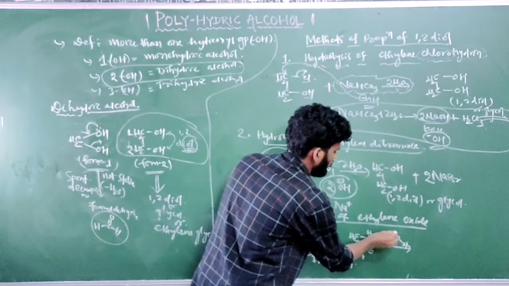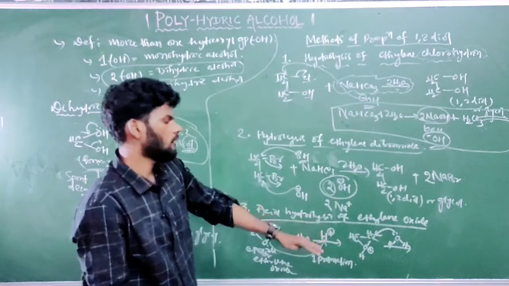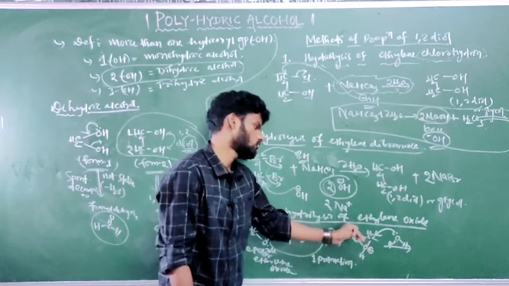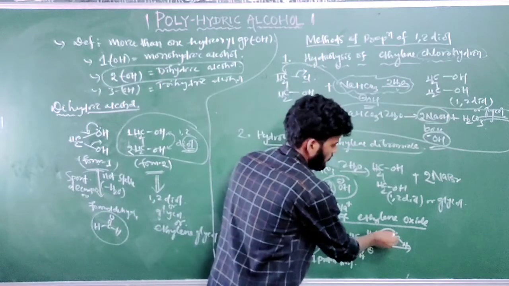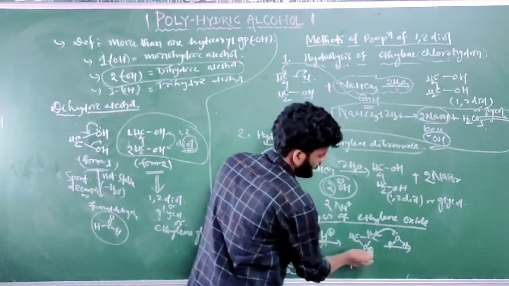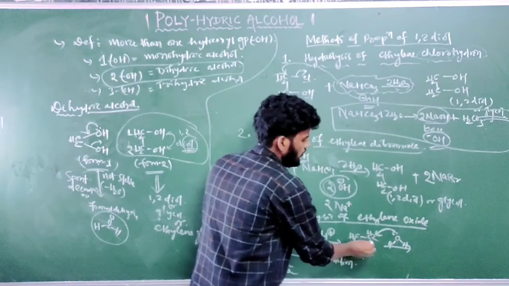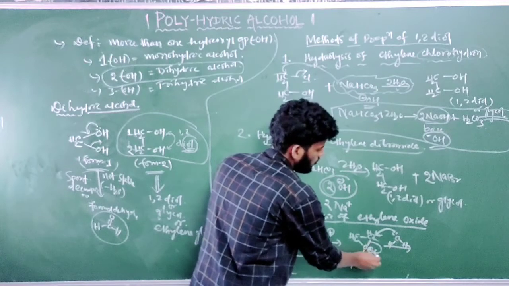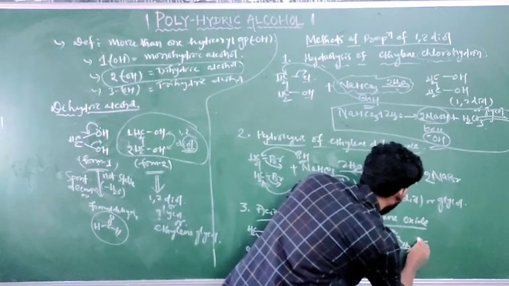Okay, the oxygen lone pair will attack this CH2 group. On this side the oxygen lone pair also can attack this CH2 group, and on both sides we will get the same product. Let the oxygen lone pair attack this CH2 side, and when it attacks this CH2, this bond moves over to the electron deficient oxygen atom. So what will it form,